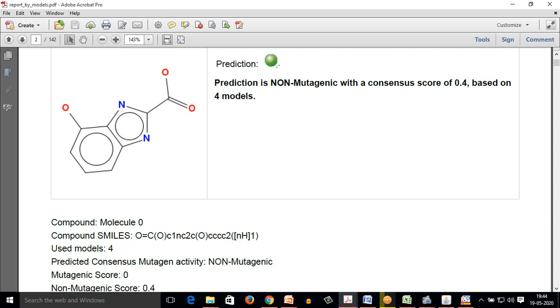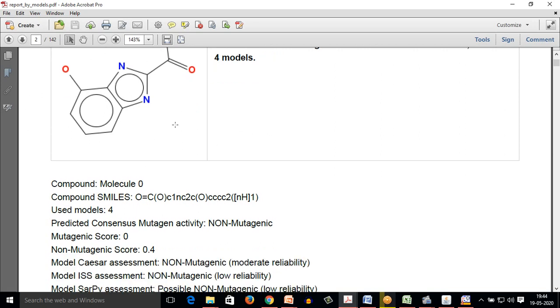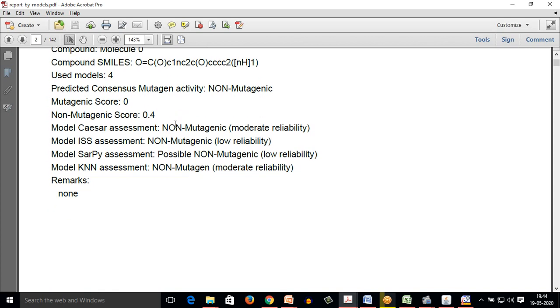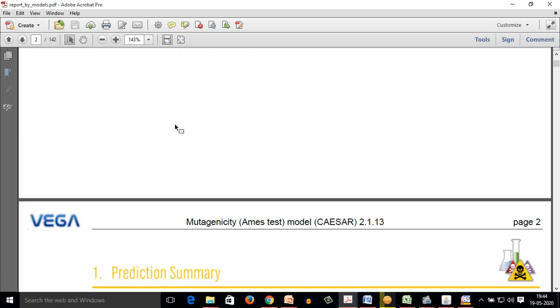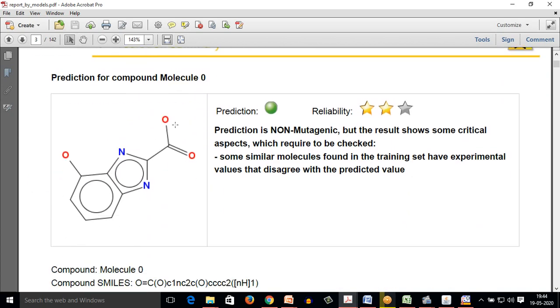Now the prediction shows a green tab here, which is showing me a positive sign that the prediction is non-mutagenic, with a consonance score of 0.4. So that means the molecule is not mutagenic, and I can go for certain processing further.